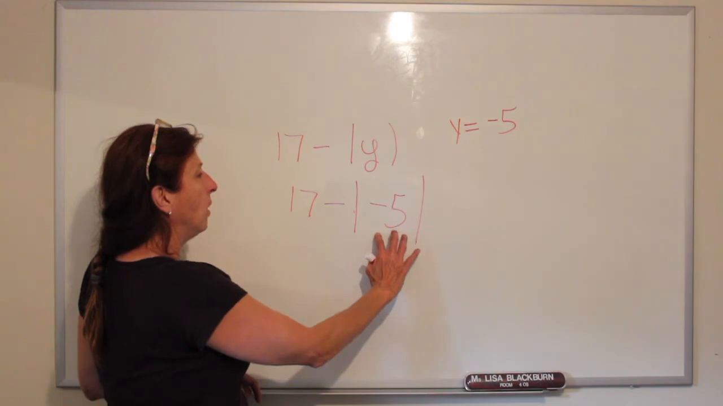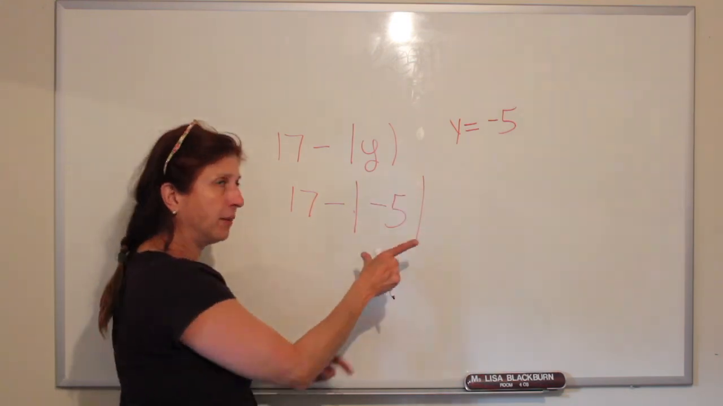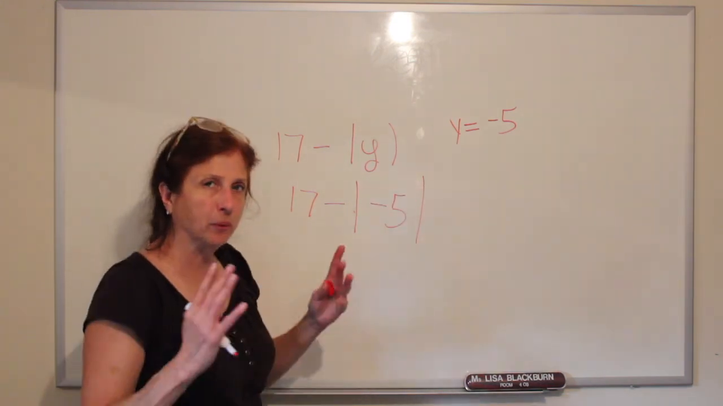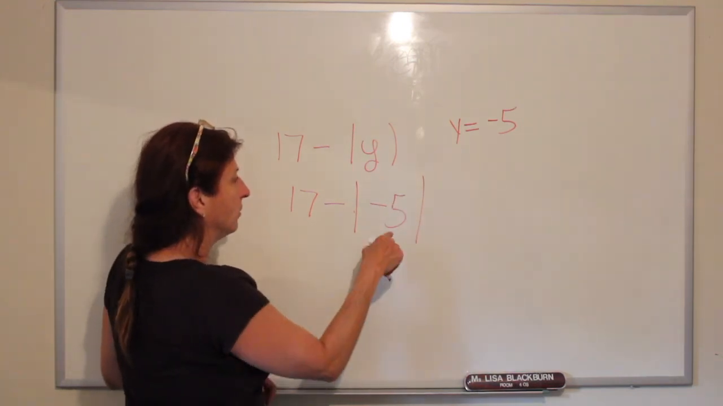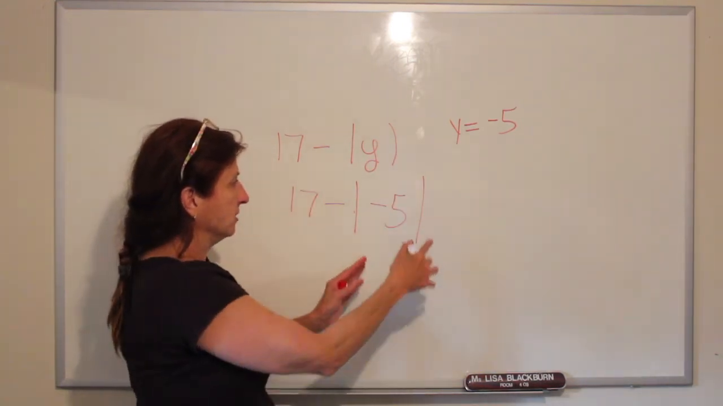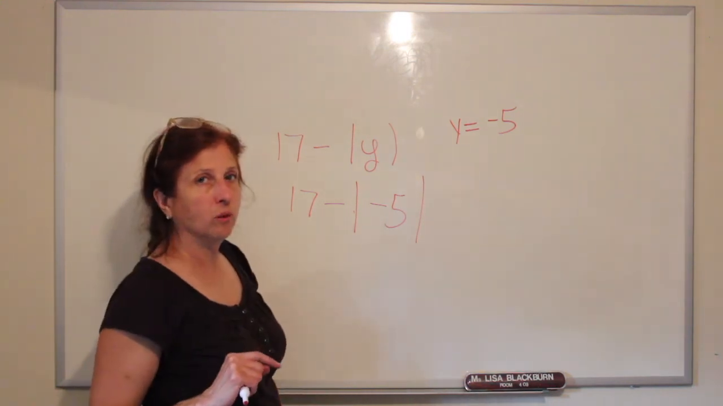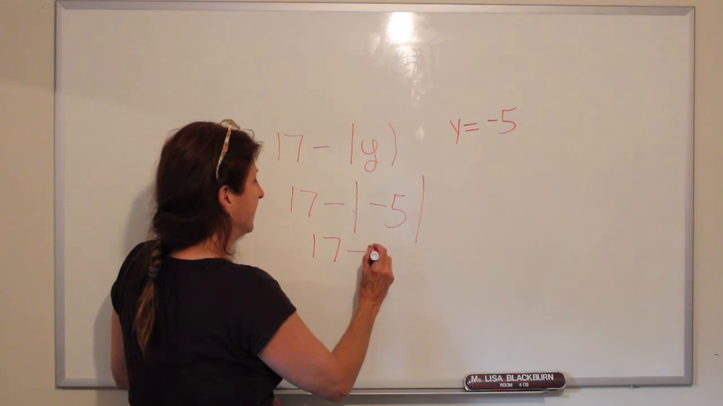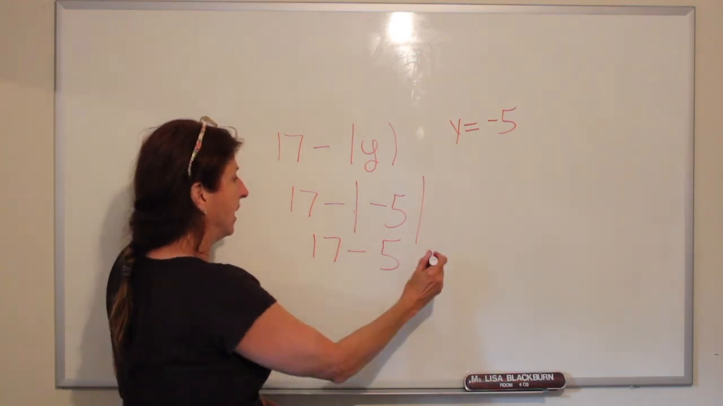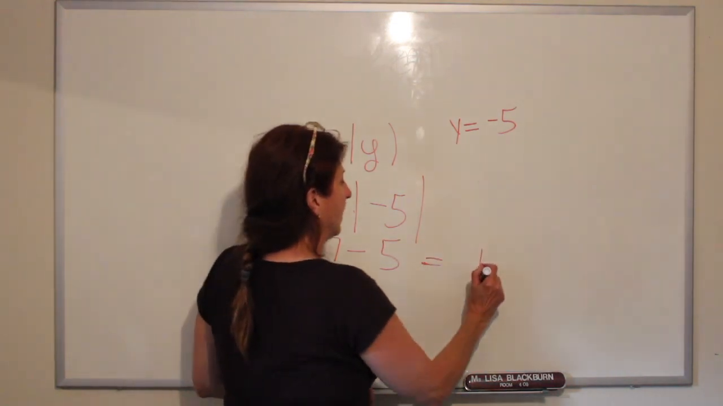All right. So what is that? These bars are kind of like parentheses, and we do it first. So what is the absolute value of -5? Remember, detention room is going to take off War and Peace's powers. He's going to lose the negative. So it's 17 minus positive 5. 17 minus 5 is